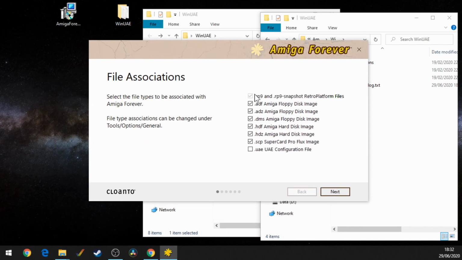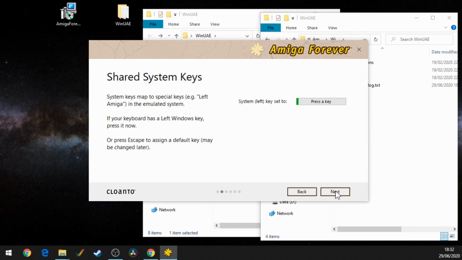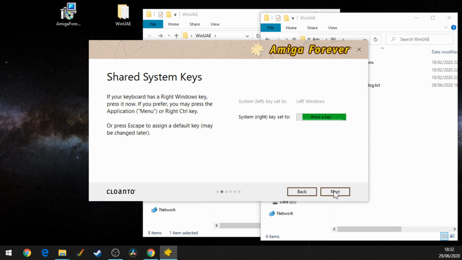Okay, file association. Do we want to say, oh, I don't want it to associate with UAE files, because WinUAE will most probably want that, and ADFs? Yeah, I don't mind. Let's just do the bog standard that people would normally do. System key maps to special keys, left Amiga in the emulator system. If the keyboard has a left Windows key, press it. Yeah, I have a left, press it now. Okay, and I do have a right